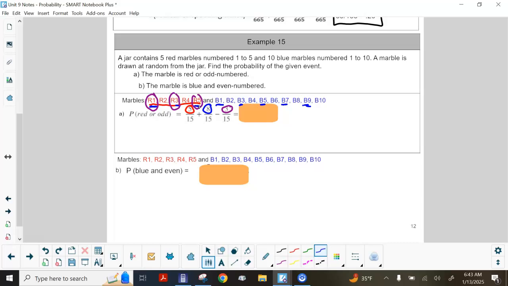that were red and blue only, the overlapping, that's the 3 that I have there. So just keep in mind that that's how we came up with those numbers. And again, they're all over 15. So if you decide to do 5 plus 8 minus 3 all over just 15, that would be fine because they are the same denominator,